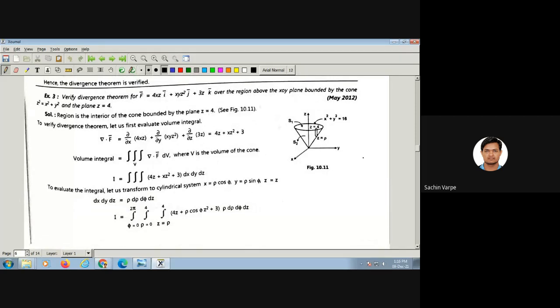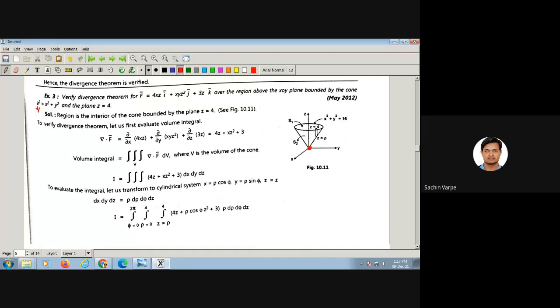To draw the cone, we first put z equal to 0. So for z equal to 0, we get x square plus y square equal to 0. That means the origin is the point where x and y are 0. Now, as we go on varying the value of z from 0 to 4, what we get,